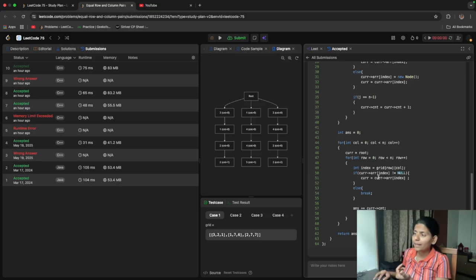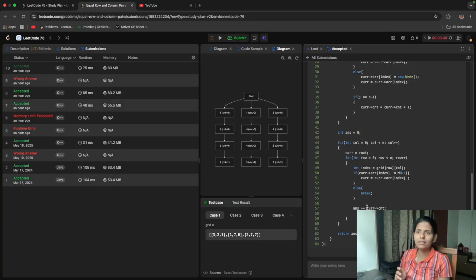And why I added answer plus equal to current count at every point: because at every stage it was 0, and it was not 0 only at the last. And if that row is matched with the column, then and only then the addition will matter.